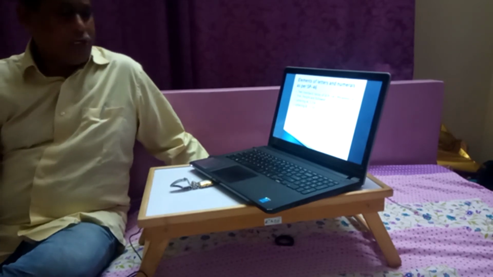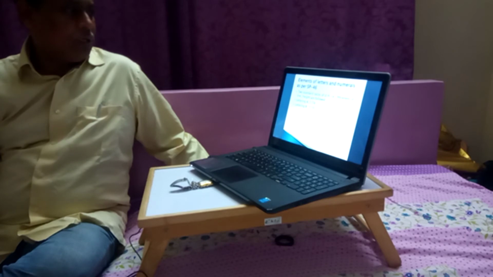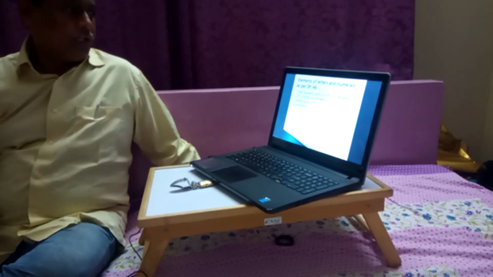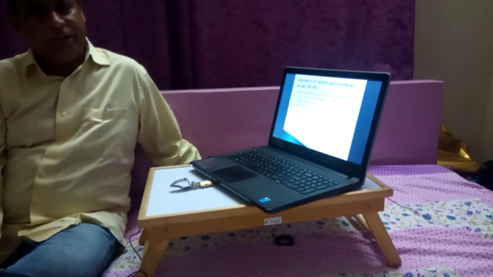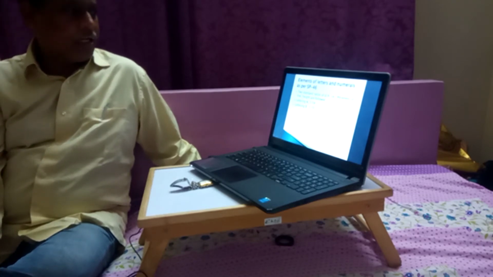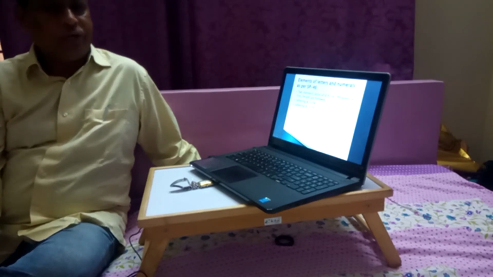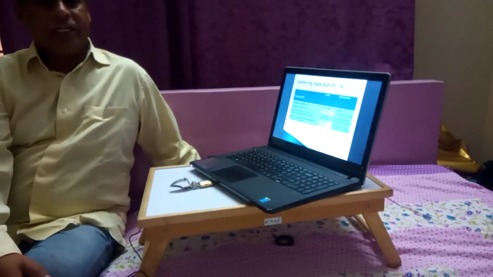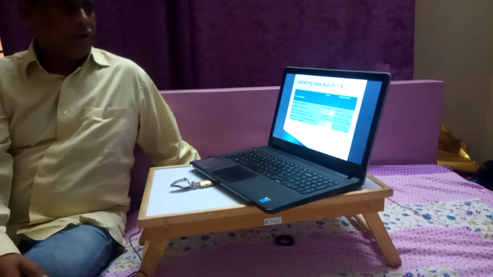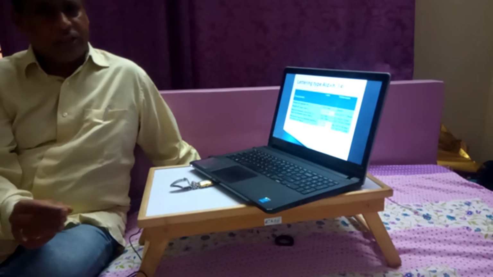Two standard ratios of d by h, that is the thickness of the line to height, are followed. We follow two types of ratios, that is the d by h ratio. For lettering type A, we follow the d by h ratio as 1:14, and for lettering type B we follow 1:10. So for lettering type A, d is equal to h by 14, or h is equal to 14 times the thickness of the line.